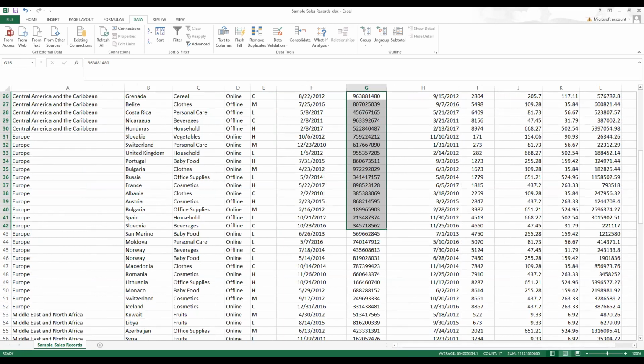Then you have a page layout view, page break view, or the normal view. This is a normal Excel sheet, a normal table-based sheet. So these are the kinds of Excel things which you need to get yourself comfortable with, and then you can use Excel for data analysis. That's the basics of what we have discussed in terms of Excel.